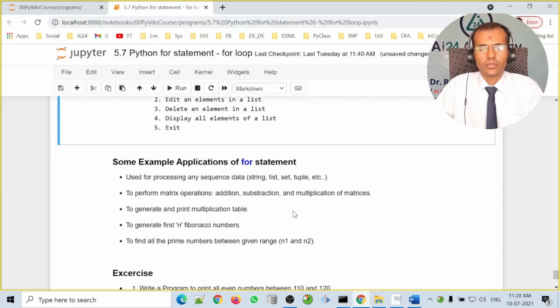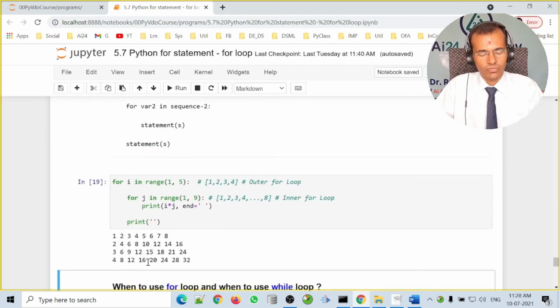Now let us look at some example applications of the for statement. The for statement should be used for processing any sequence data like string, list, set, tuple. It is used to perform matrix operations like addition, subtraction and multiplication of matrices. It is used to generate and print a multiplication table, which we have seen like this.